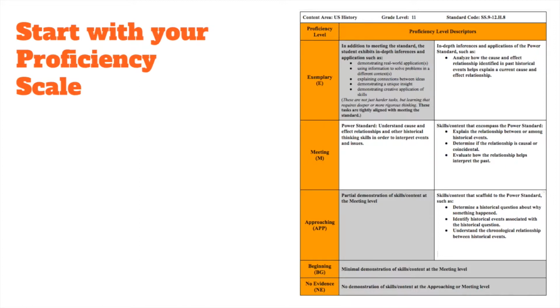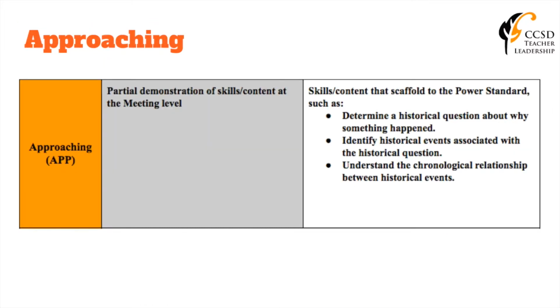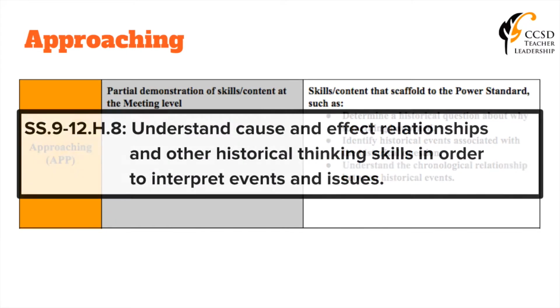For this example, we will be creating a leveled assessment where students progress from one level to the next as they make their way through the test. We will start off with the approaching level. The first thing we want to do is look at our proficiency scale to determine what type of question we could be asking. The power standard we are using for this assessment is SS